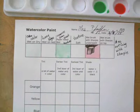You could always do colored Sharpie as well. Or you can do Sharpie on top. But since this is wet, I'm going to wait for that. So there's your first 3 techniques. Once this is dry, I will